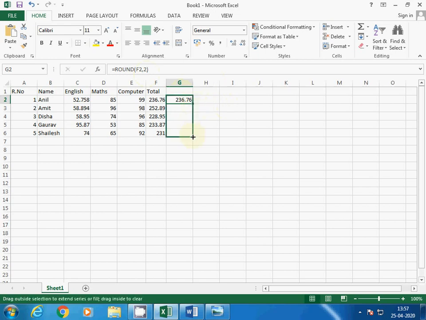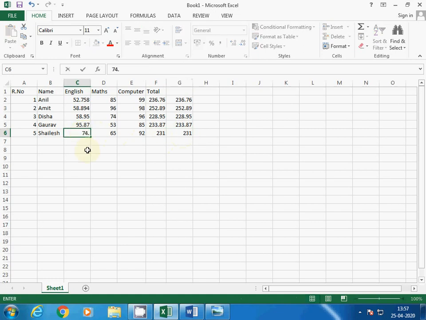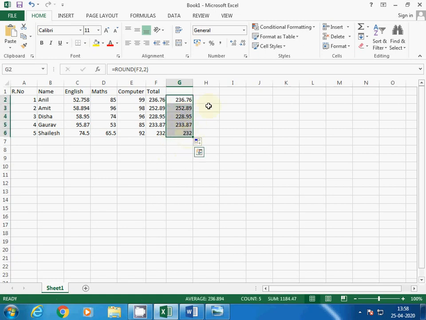In round also you can see I want to use 2 digits. So 2 digits, and 74.5, 65.5. So here round F2, then this one.